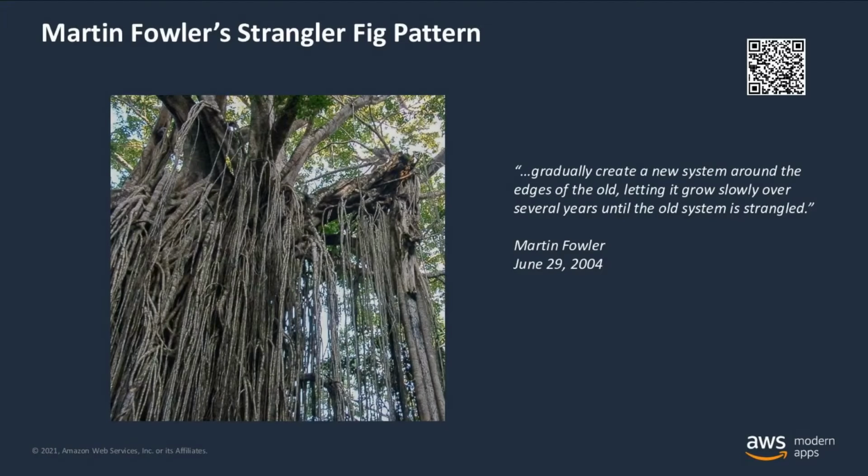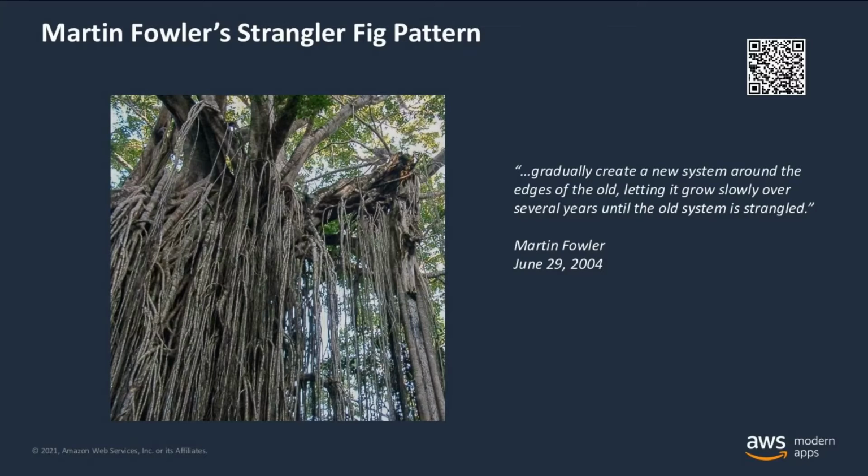When we are building out the microservices, in most cases, we can't simply eliminate the monolith right away. We need to do it over time until it is able to replace all the capabilities that were once part of the monolith. This is where the strangler fig design pattern comes in, a modernization approach coined by Martin Fowler, who is one of the authors of the Manifesto for Agile Software Development. There is an interesting anecdote on the origin of this design pattern.